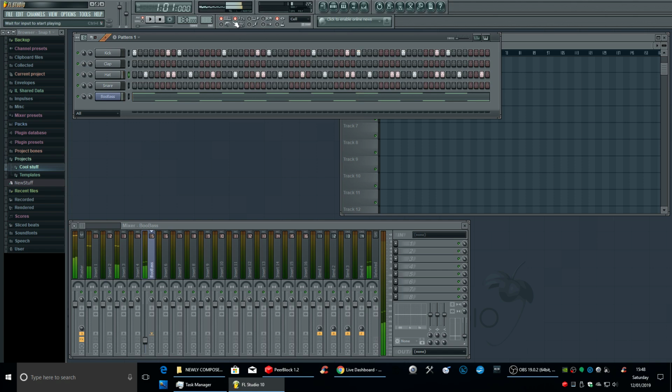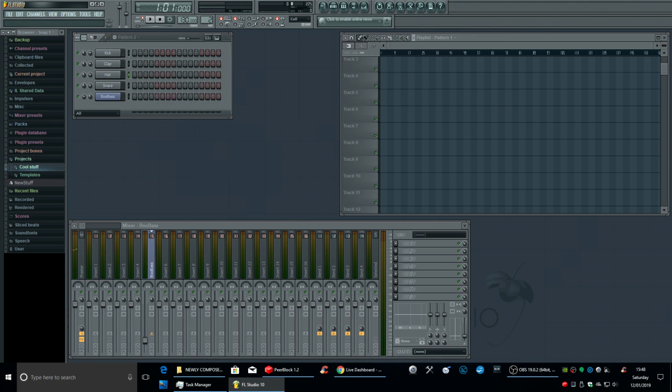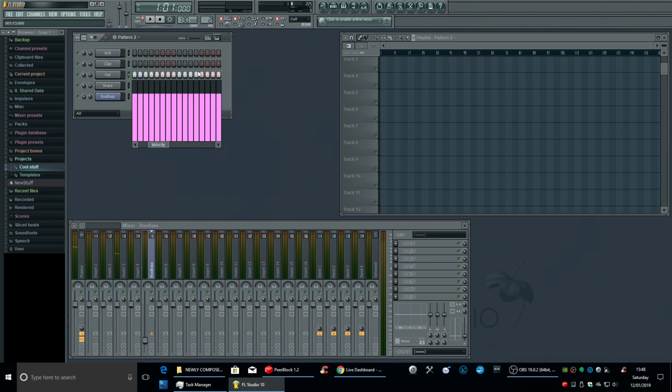Right, so I'll give you another demonstration of what you can do with the hi-hats, because the hi-hats are quite important in a tune. You don't really want them sounding out of freak. So what I'm going to do is I'm going to click them all in there. Obviously it's going to sound like that, right, which is quite annoying. So now what I'm going to do is put each in half one down. So now it's going to sound like this.